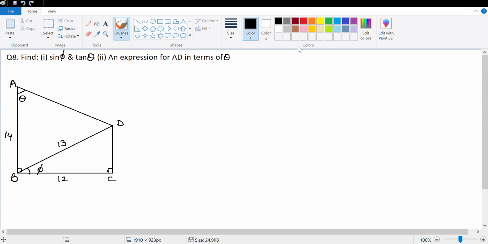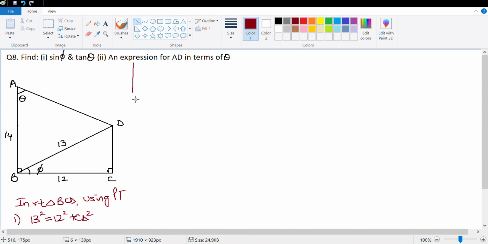Next question that we solve is question number 8. It says sine phi and tan theta. We need to find, there is a diagram which is given here. So I can calculate sine phi for sure if I can find out the value of CD. So in right triangle BCD using Pythagoras theorem, what I get is 13 square is equal to 12 square plus CD square, which means